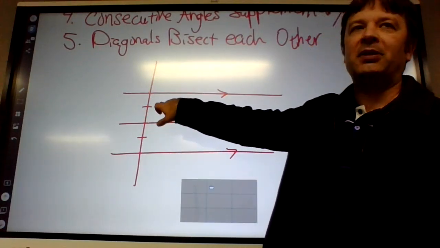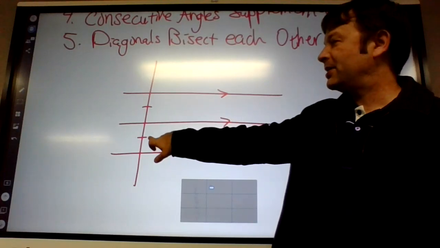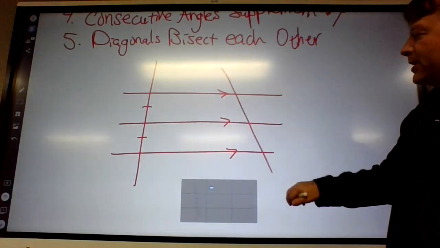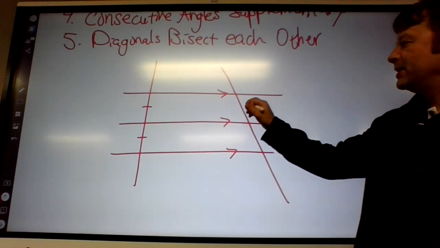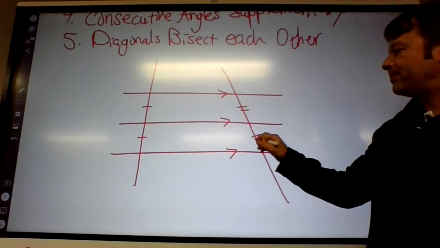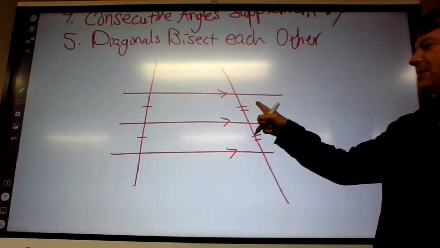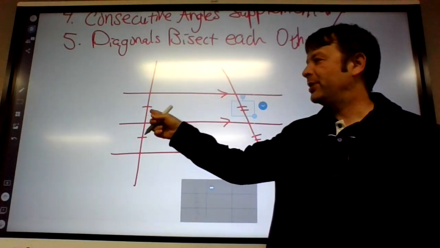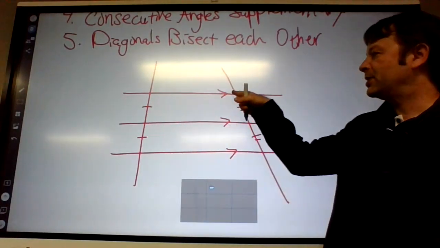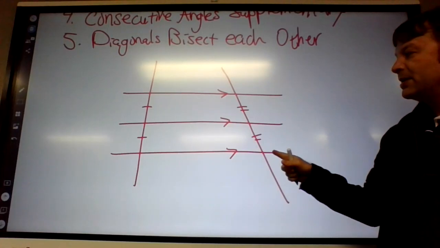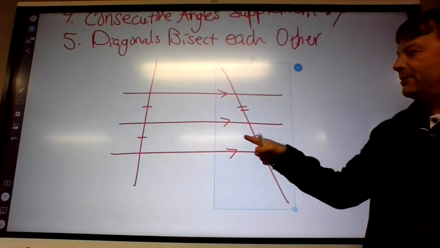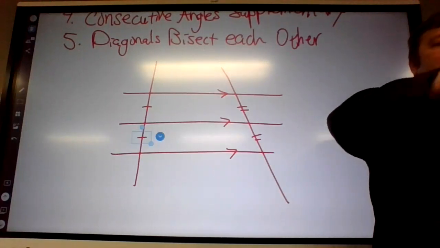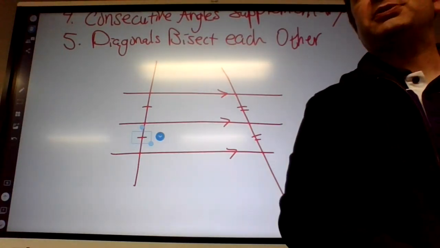If these parallel lines are cutting this segment into equal parts, then if you draw another line, another transversal, it's going to cut this into equal parts. Does that make sense? Okay, are these two going to be the same? No. The way I drew it, this would be shorter than this because I slanted it. But these are the same if these are the same, and vice versa. So if those parallel lines are cutting into equal segments,